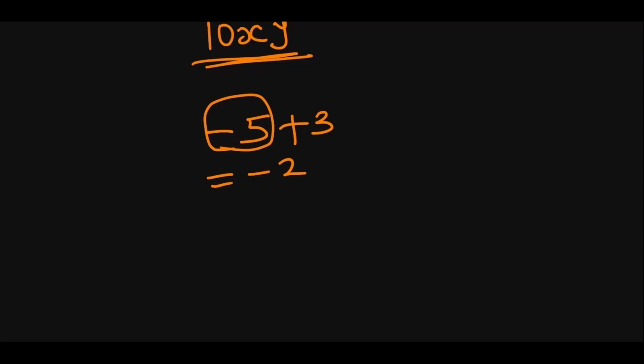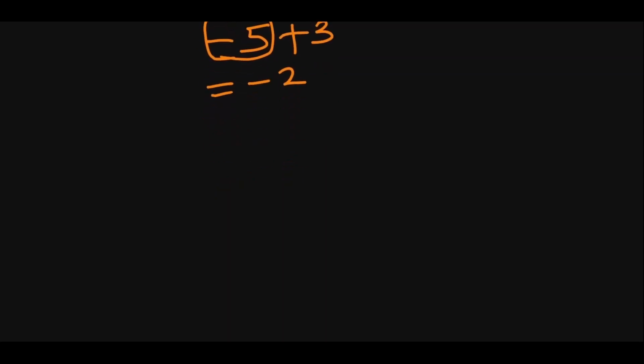So if you had this same arithmetic, minus 5 times 3 or times plus 3, then the answer must always be minus, not because minus belongs to 5, but because minus is involved in the multiplication. So unlike addition and subtraction, in multiplication, whenever there is a minus involved, it must be in the answer. So this gives us minus 15. So you multiply as usual, 5 times 3, 15, but you put the negative.